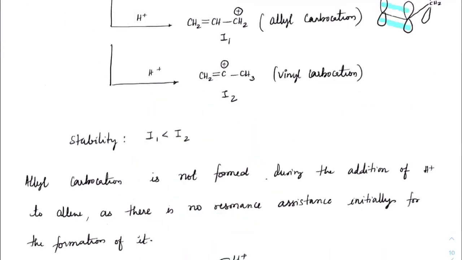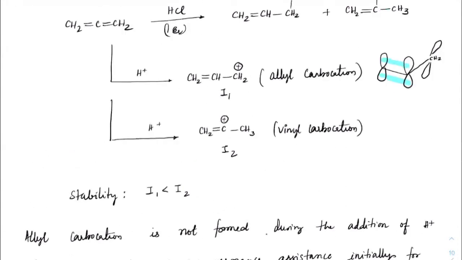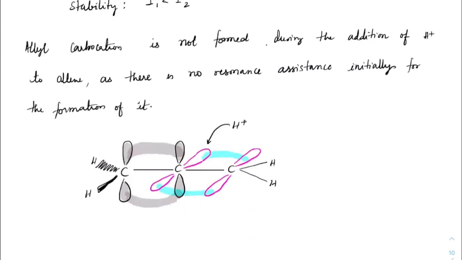Hence, if you consider vinylic and allylic carbocation, initially, see, over the time it will rotate. What happens? Over the time it will slowly rotate and might start forming the carbocation. But if you see during the activation energy, which one will show less activation energy? Vinyl will show less activation energy. I guess this point is clear.